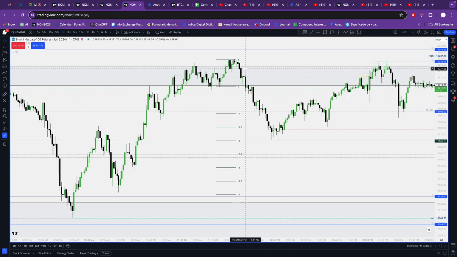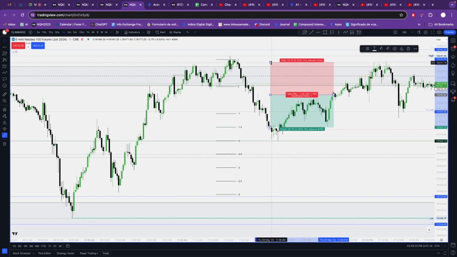Yeah, I don't know. As far as entering goes, seeing this here, I don't know. This could be a turtle soup. Maybe after we take this out here, run up. I don't know. Maybe this might be the entry. Yeah, and I want to see this hold here. If that doesn't hold,